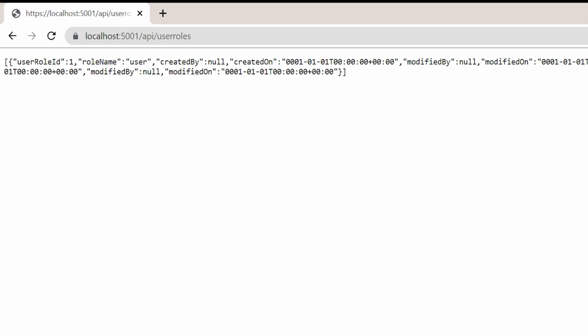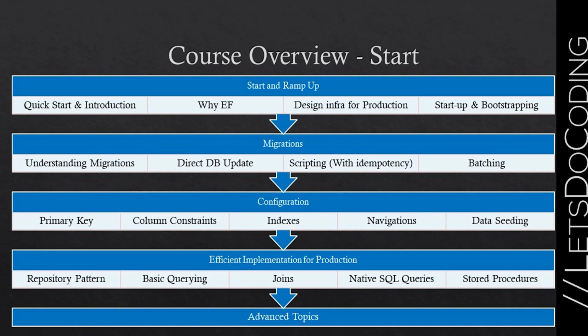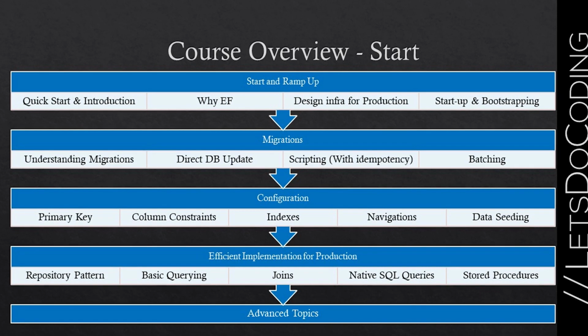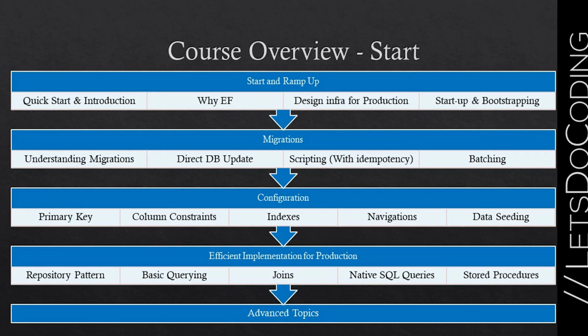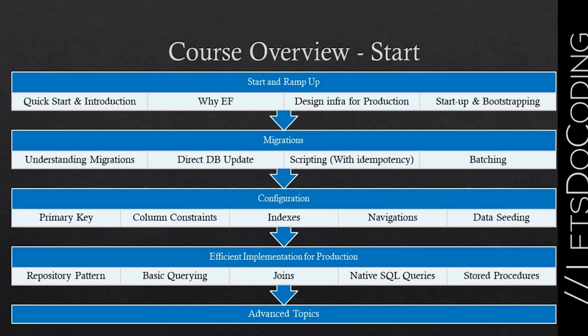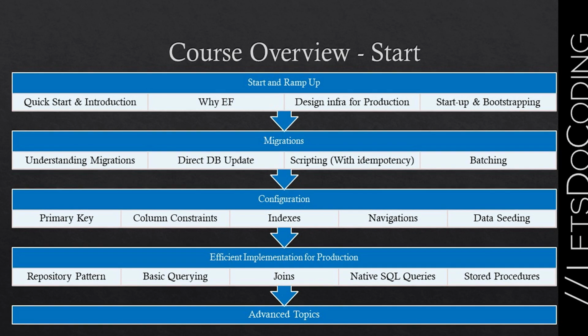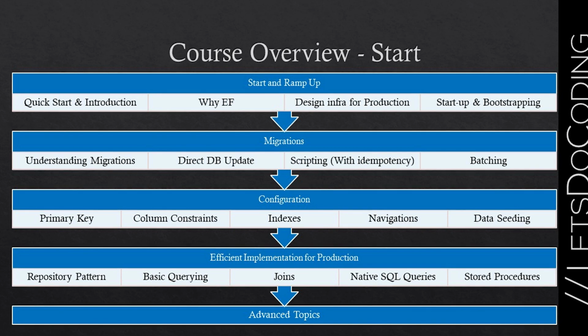And now guys, we are done with the first module, which is sort of setting up the environment, bootstrapping, and understanding the basic concepts. Now this part is done. The next module that we'll start, we will be moving into the actual use cases, these configurations and everything. So we will be starting with the migrations in the second module, including all the options, updations, scripting and everything over there. And then we would be moving into the configurations and using those thereafter as a repository or query pattern. So a lot of things to talk about. I'll close the video now.